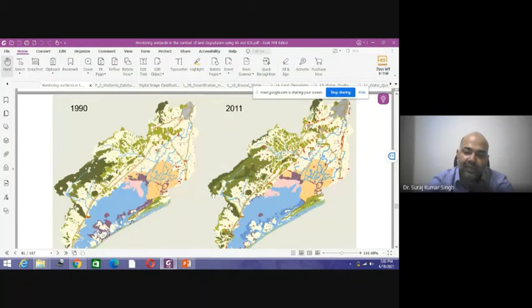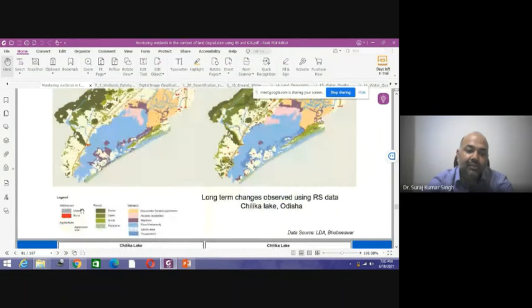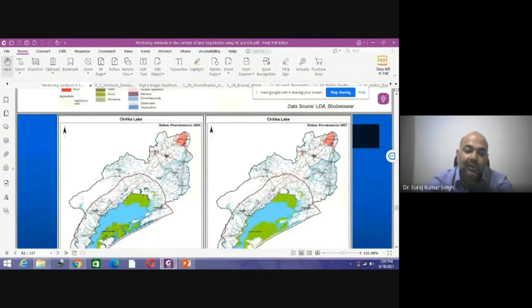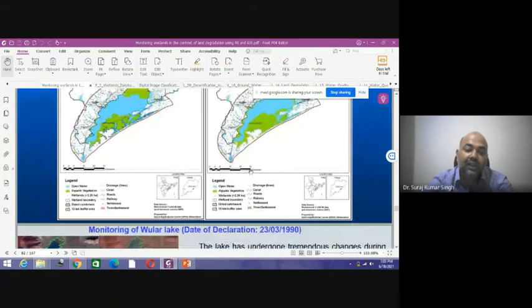maps using these satellite images, and such neat and clean legends have to be prepared where the different land use and land cover classes, the legend should be properly monitored. So you will be preparing the various kinds of maps where you will be showing the various kinds of volumes of water, the vegetation, the aquatic life, and you will be preparing all these, and this will be sent to the government of India or various state agencies.